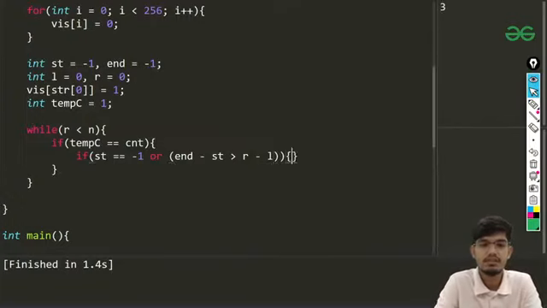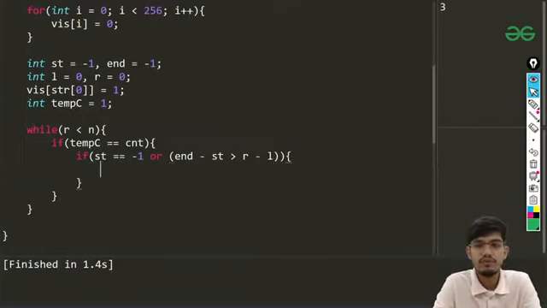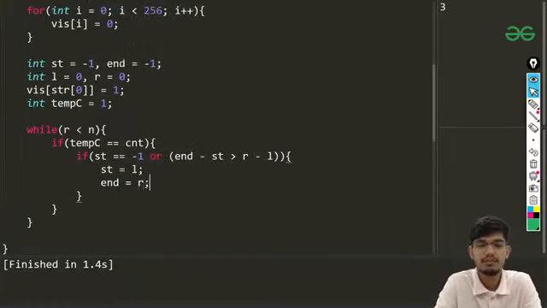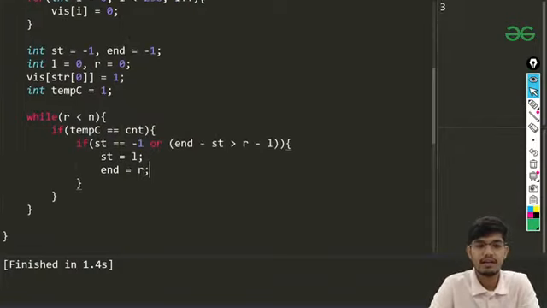If this thing is greater, so what I'll be doing, I'll be putting start as my l and end as my r. So I'll be updating that in that condition.